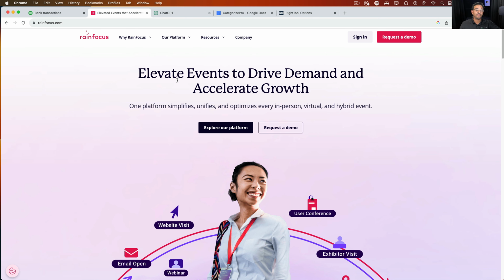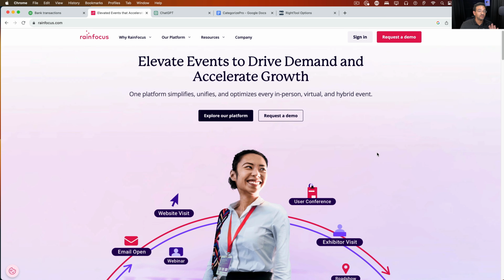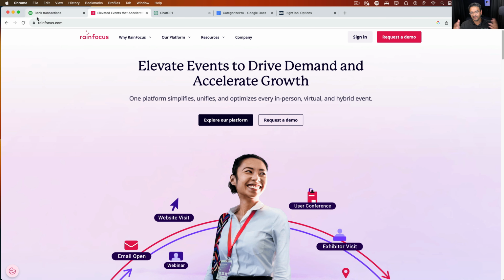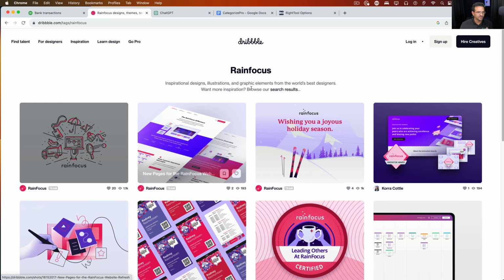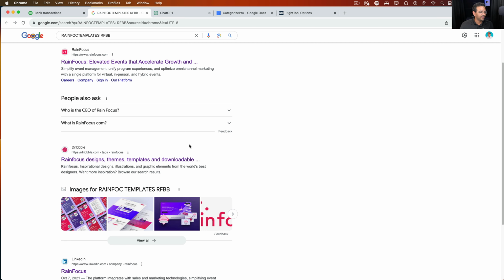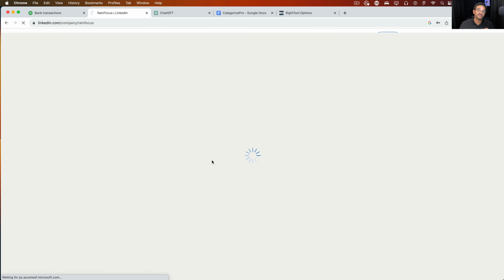So if this is the company, then this is something about a platform for event marketing, attendee engagement, speaker enablement. Not sure exactly what that means, but maybe I paid for a conference or something, and that's essentially what it was. But from the information that I have, it wasn't terribly clear. The second option in Google is something about some templates, so obviously very different than event marketing. And then the third one was something in LinkedIn, which is the same Brain Focus, that LinkedIn calls software development, so it's different than event marketing.